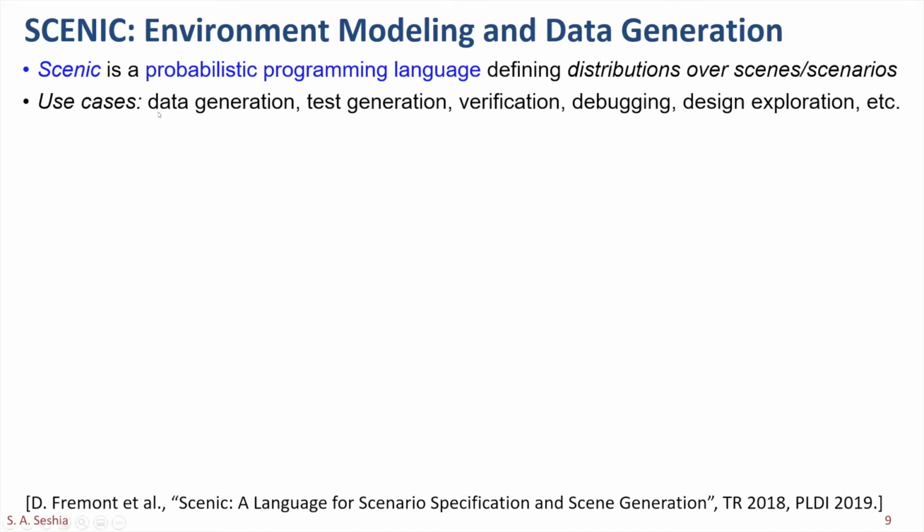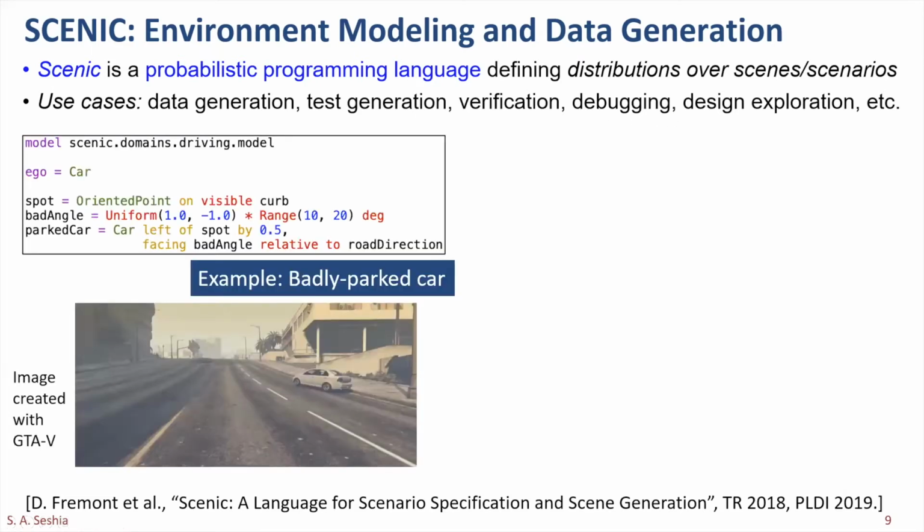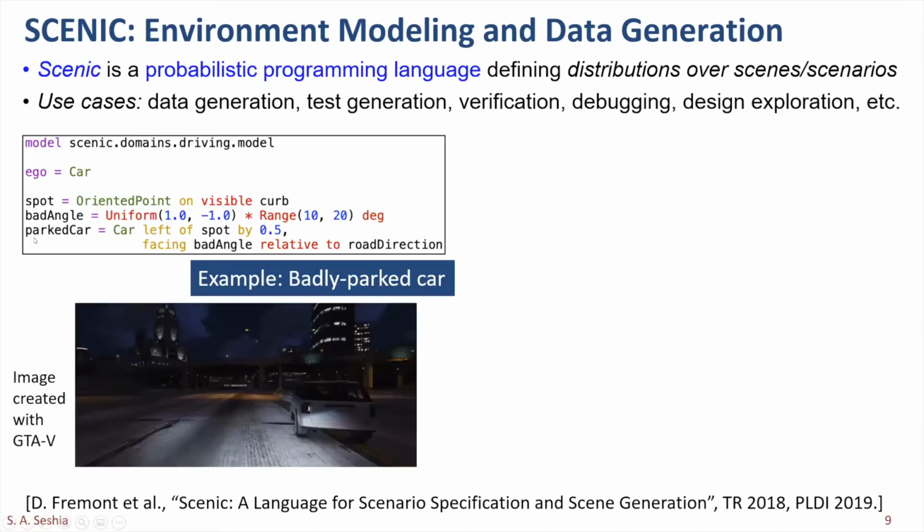And Scenic has many use cases that we've explored and others have as well, including generating synthetic data, generating test cases, doing formal or semi-formal verification, using it for debugging machine learning components, for design space exploration, and so on. Okay, so what is Scenic? Here's a very small snippet of a Scenic program. I will later on take a few minutes to go over this line by line, but the high-level view here